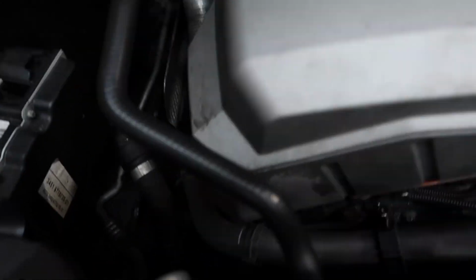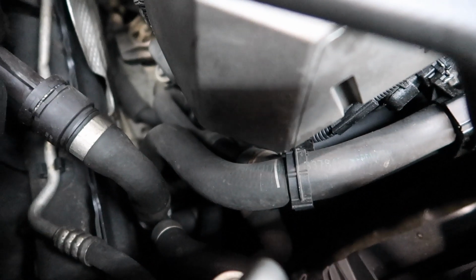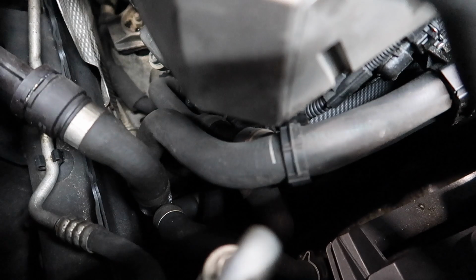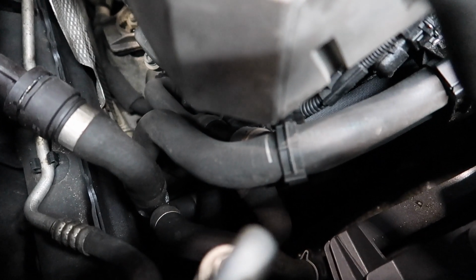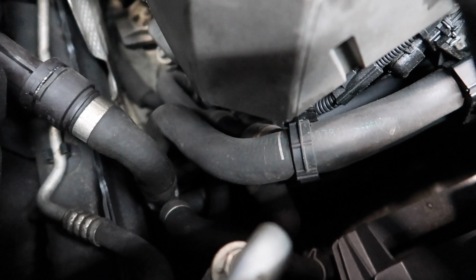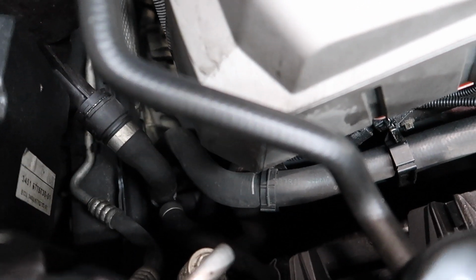The next one on these guys, as you'll see right down here, the water pump and thermostat. Now, you guys know they do give up whenever they tend to feel like it. You've got no say over it, and when they go out, the parts ain't that expensive. Thermostat and water pump for these cars can be had for about £280, and it's not a hard job on these cars at all, especially on the E60, but on the E90s and the 1 Series, these are extremely hard cars to do because there's